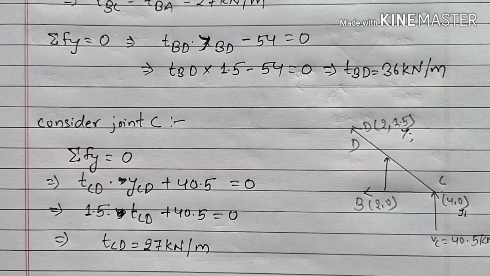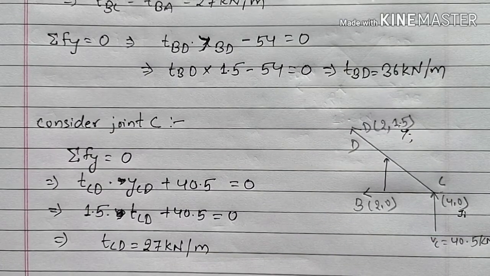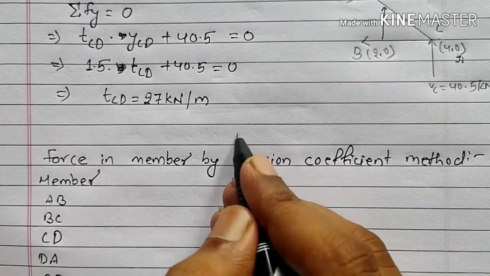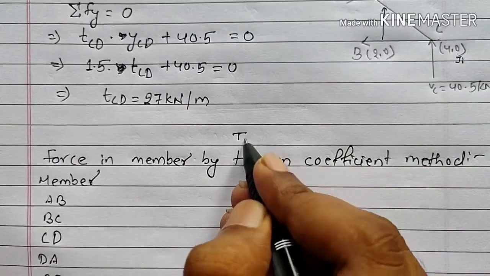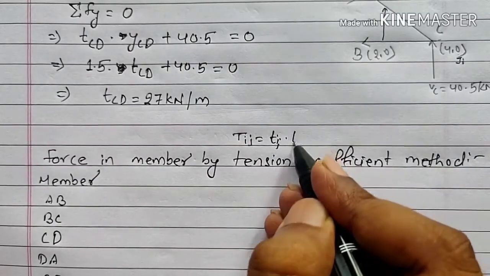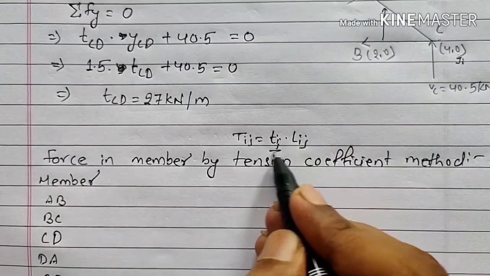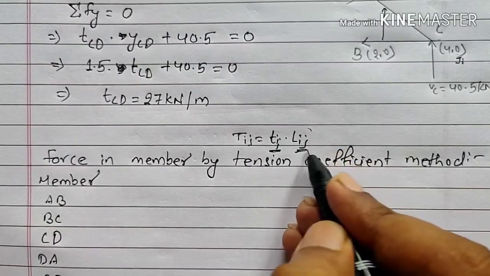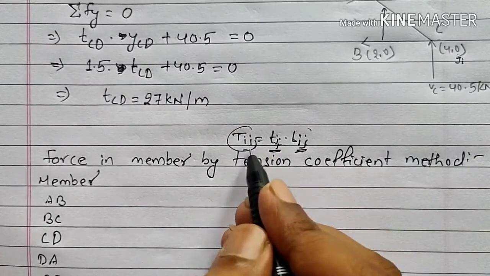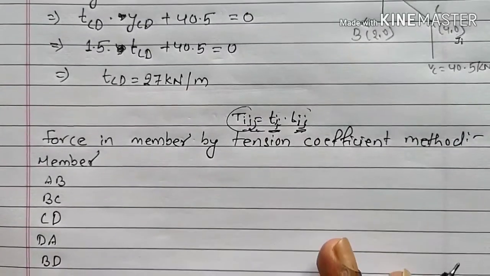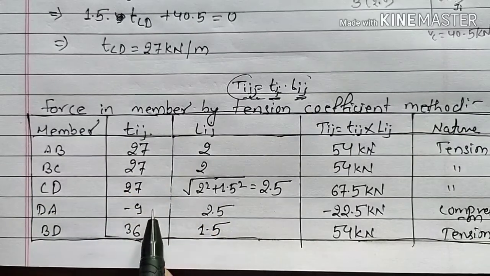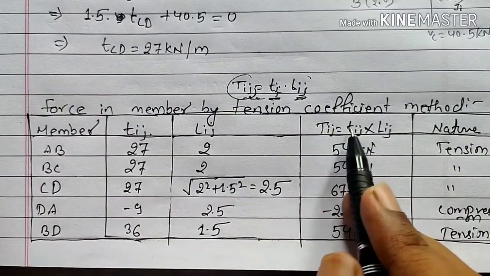Now let's draw a table in which we will find the final forces. So this is going to be our final table, and I had shown you that force on the member as per the tension coefficient Tij will be equals to small tij into Lij, and we have got the value of tij of each and every member, and here we will find the span of Lij, and then we will multiply tij into Lij to get the final tension on each member. So let's do it. So this was our final step. I have written all the members, their tension coefficient, and then span, and then I have found the final force on each member and its nature.